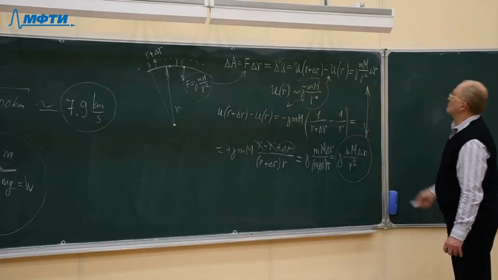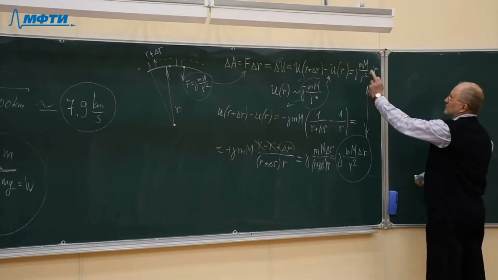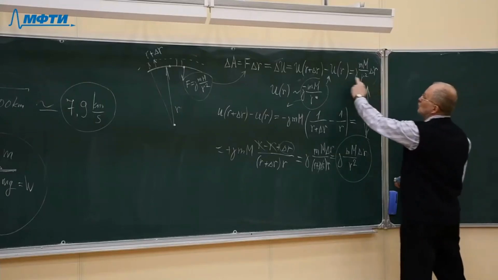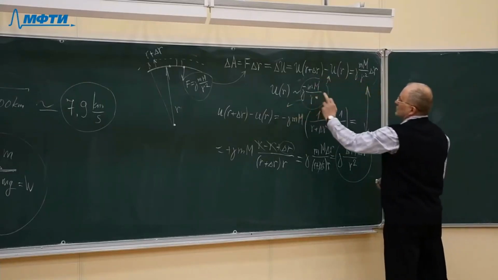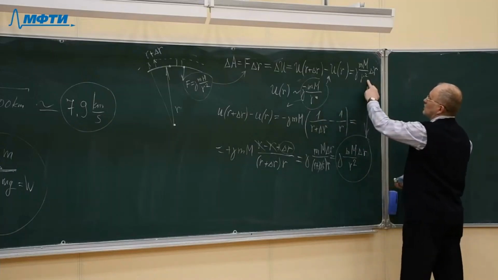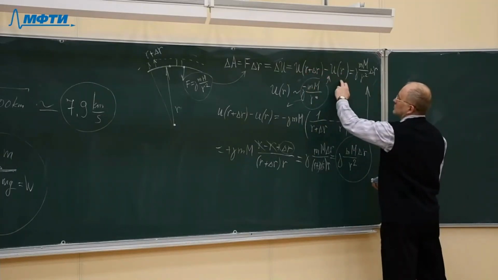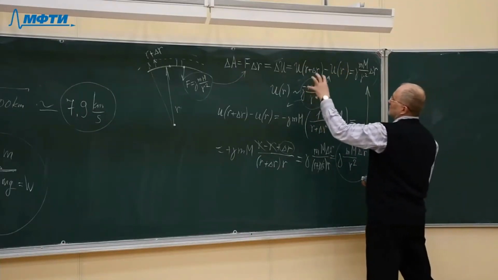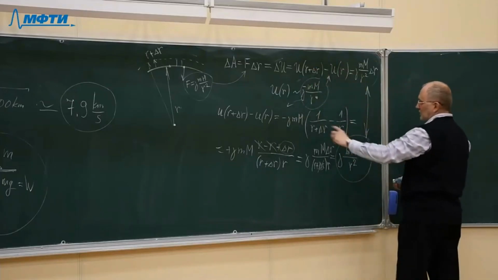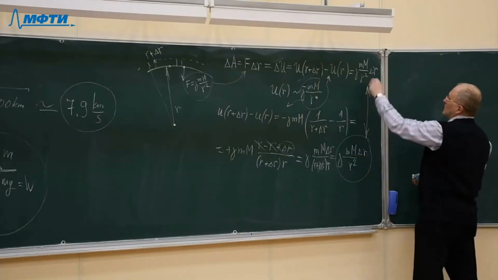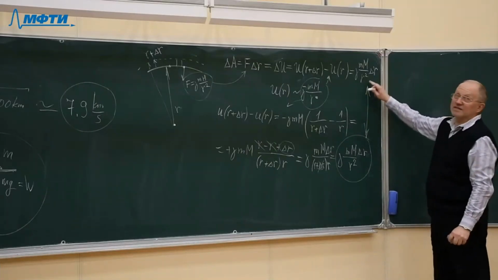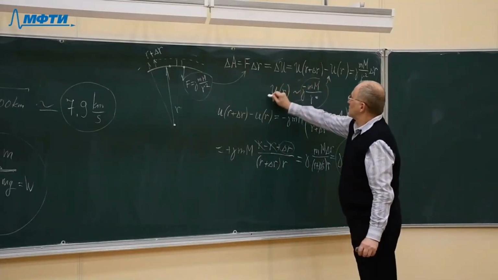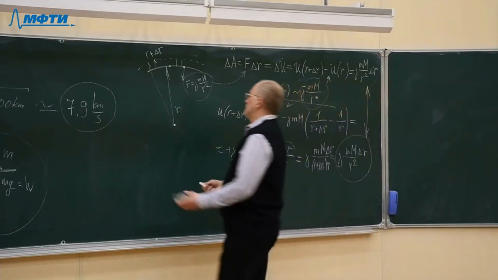This is the same. So we knew beforehand that the work performed equals this expression. And we assumed that the potential energy is expressed by this formula. We know that the work performed equals the difference in potential energies in the higher orbit and in the lower orbit. We used this assumption, substituted this formula into our expression, and came to the same formula which we already know. We know that the final answer must be equal to this formula, and we obtained it. Therefore, our assumption about the potential energy formula is correct, and so we can finally write